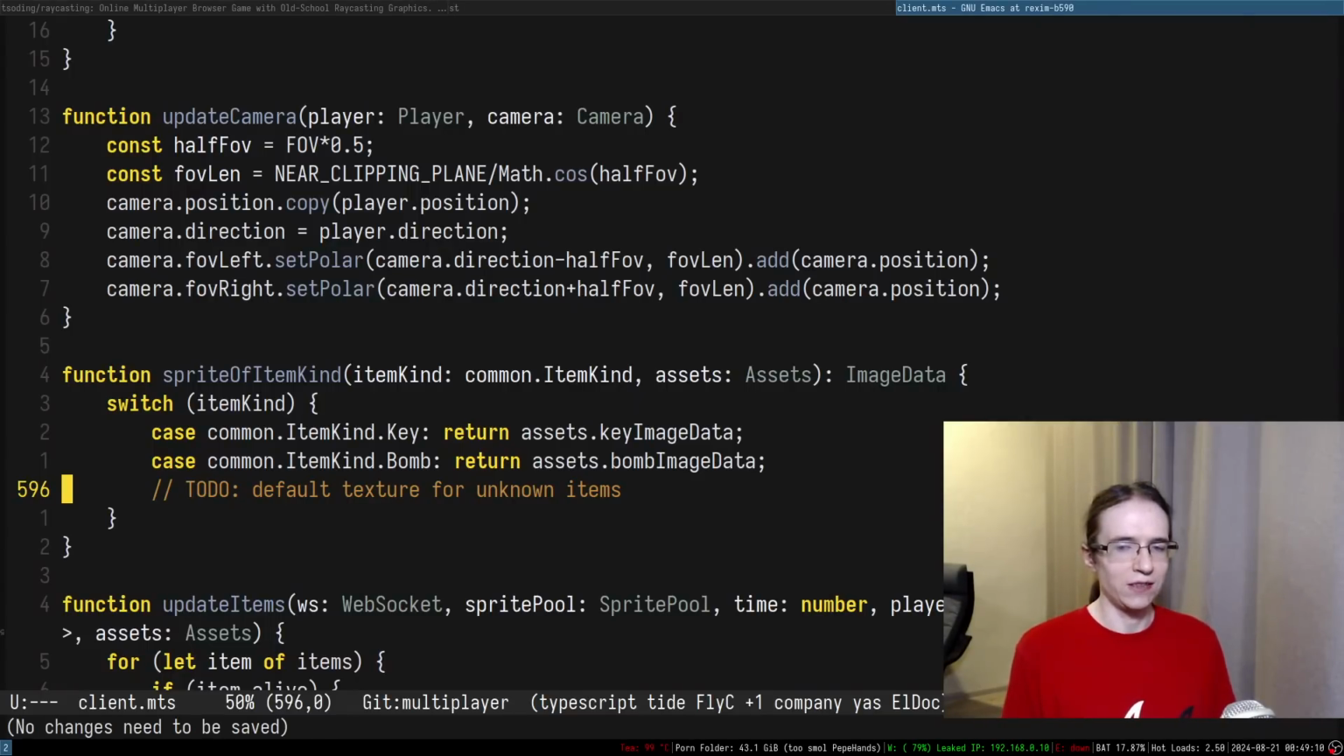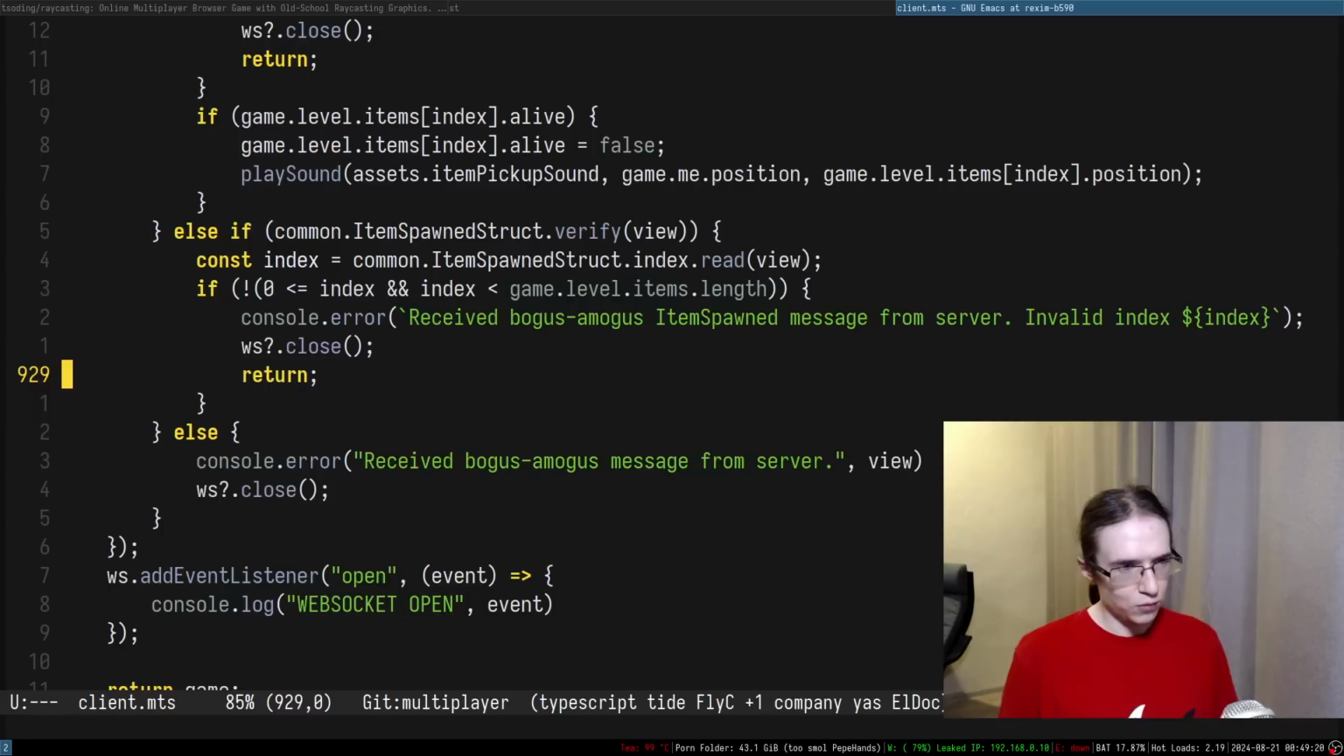Buffer overflow attacks in a managed scripting language. Buffer overflow attacks, you're serious. Anyway, so